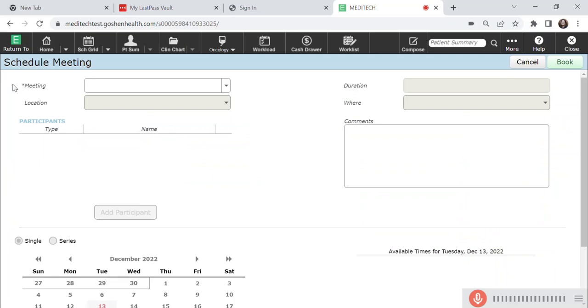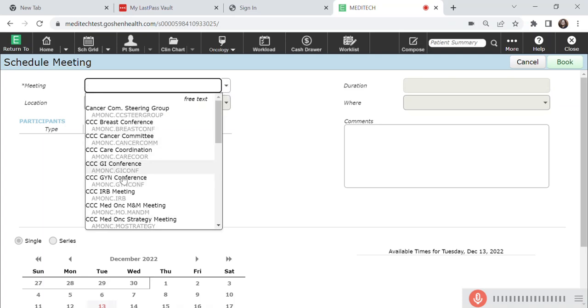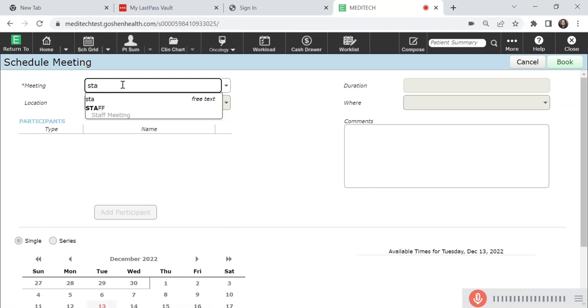Let's move through it as we always do, just like we're reading a book, from top to bottom, left to right. So I'm going to enter my meeting. We do have different types of meeting already in here, so I could open this up and look for it by scrolling through, or I could type in part of what I'm looking for. In this instance, I want to put sales rep